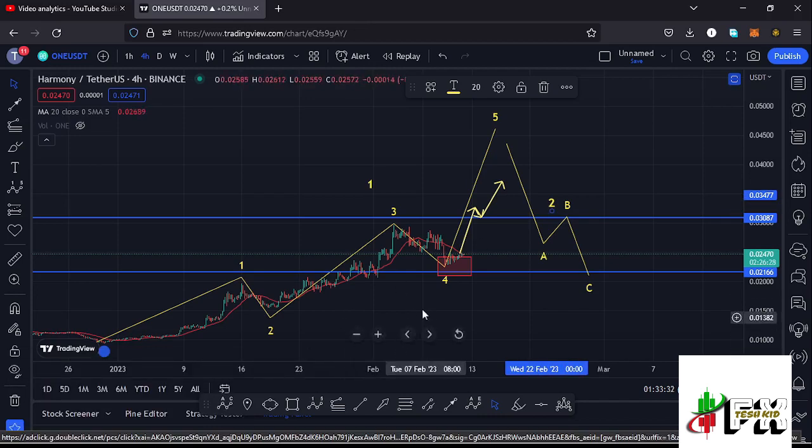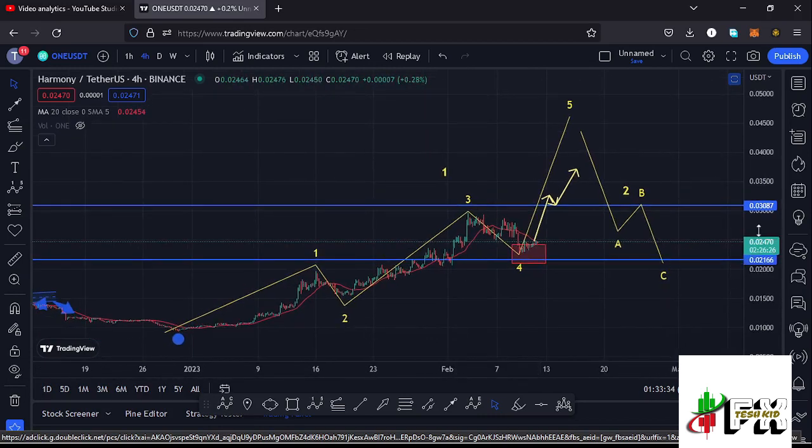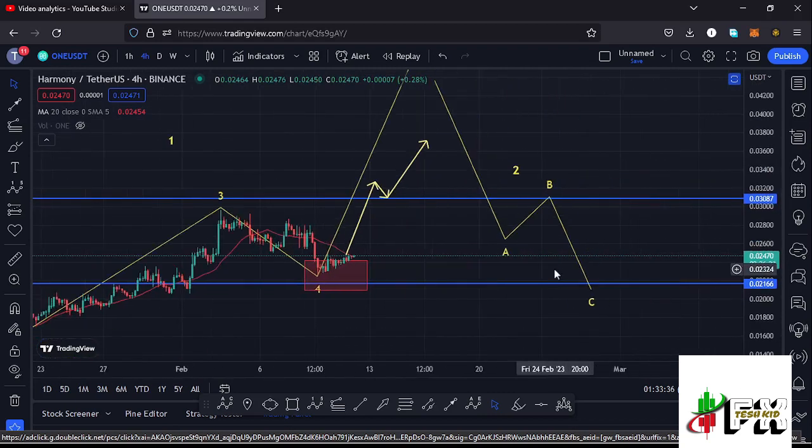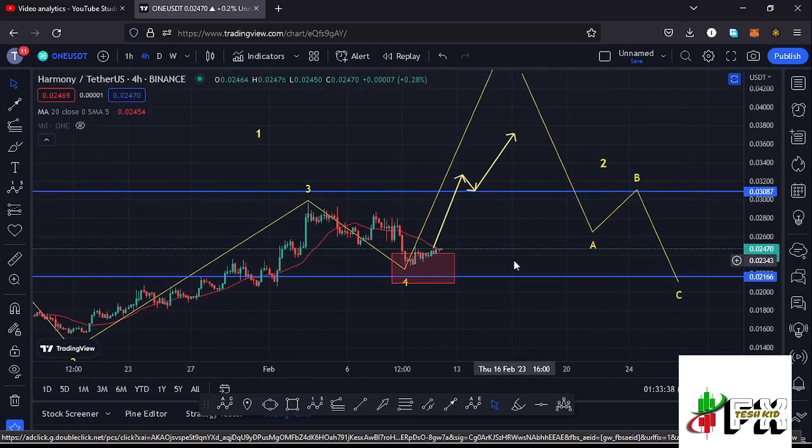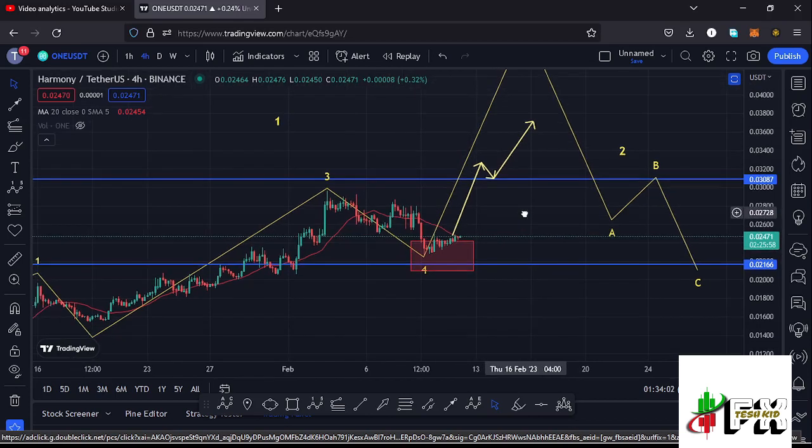So here on the HARMONYONE chart, continue watching the 20-day MA, because a break above the 20-day MA and continuing to hold above the 20-day MA is enough trigger for us to continue pushing even higher to get a break above the wave 3 high, which is a significant high. And once that happens, then we can expect a break above the next key area of resistance at around the $0.03087 mark. And once the retest is in, then we can continue pushing even higher in the formation of that wave 5 and also fully maximize our target areas.